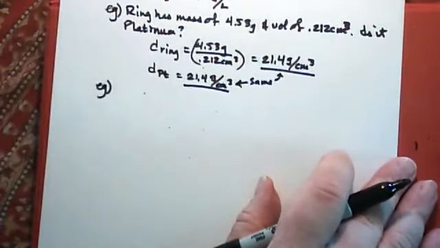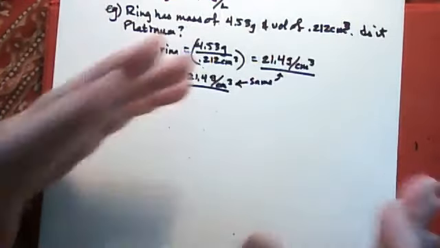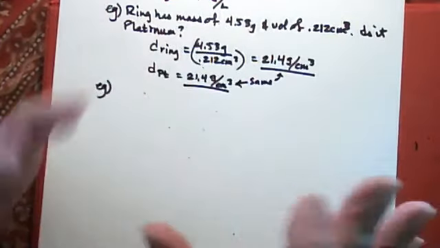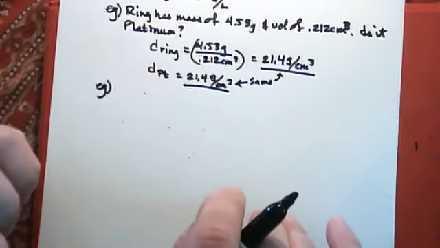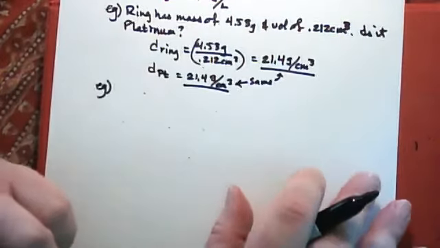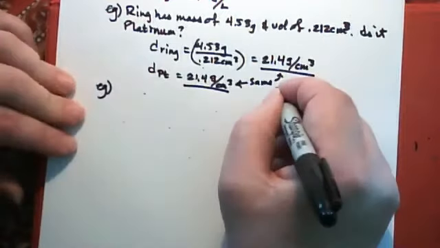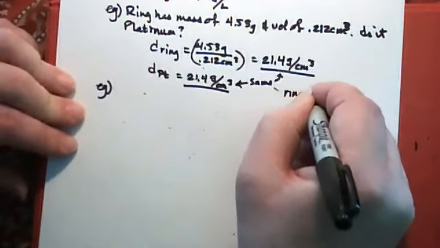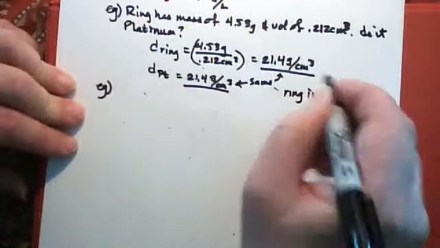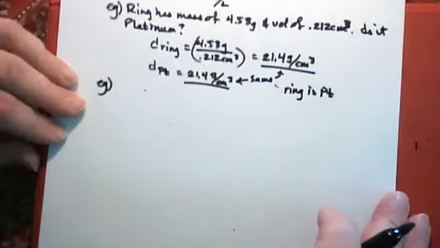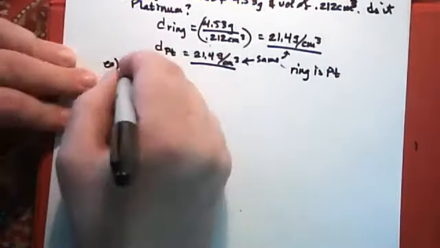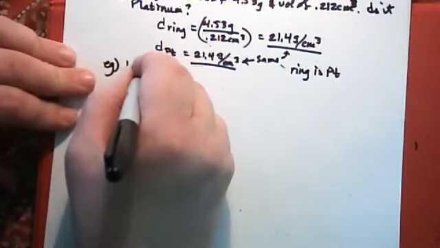It's possible that the ring could be an alloy of a couple of different metals and the density just happens to work out to be the same as the density of platinum. That seems pretty unlikely. It's probably platinum. Okay. Another example might be